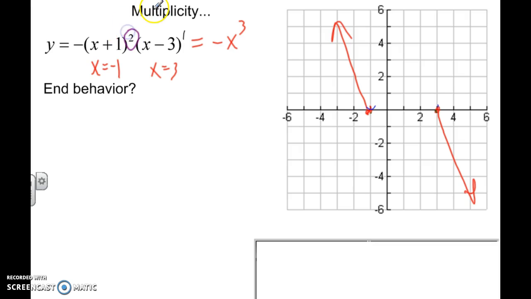If this is 2 or even, it's going to bounce at that negative 1. So it's going to hit negative 1, it's going to bounce up and then go through over here. If this is odd, it goes through. If it's even, it bounces. We'll talk more